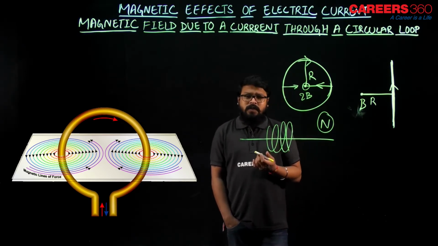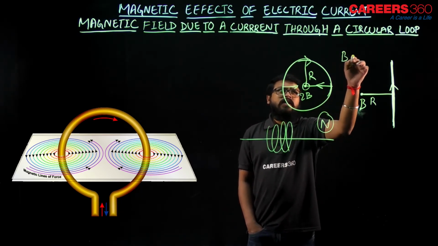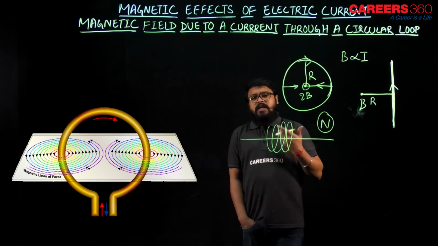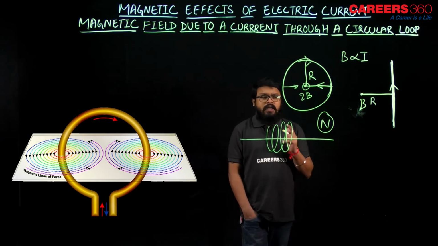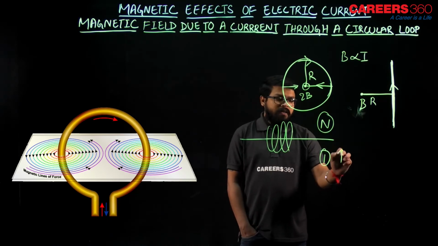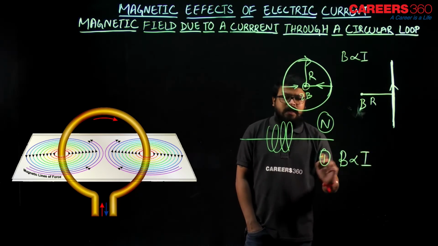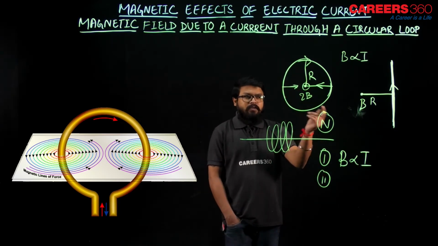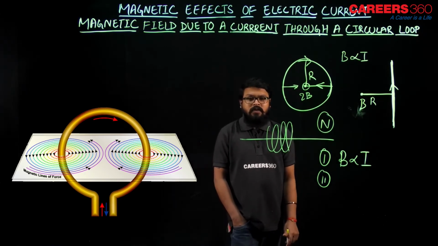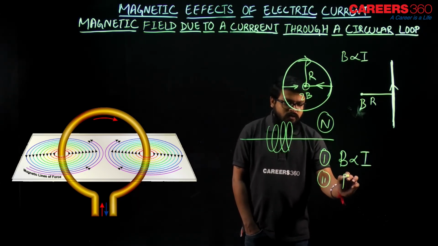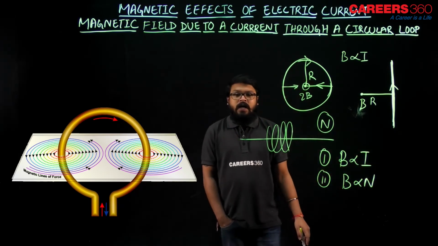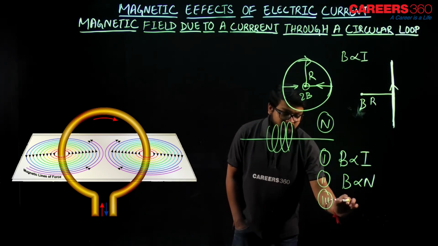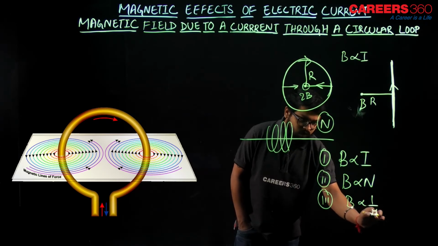And what else? We have also studied that magnetic field is directly proportional to current. So if we increase the current, magnetic field increases. So there are two points. First, if we increase the current, magnetic field intensity increases. Now, after converting the straight wire into a loop, we found that if we increase the number of loops, then also magnetic field increases. And if we increase the distance, then also magnetic field changes, inversely, which we have already seen.